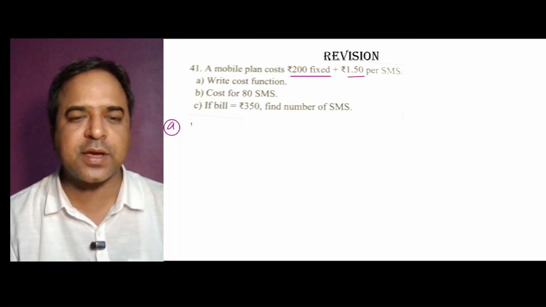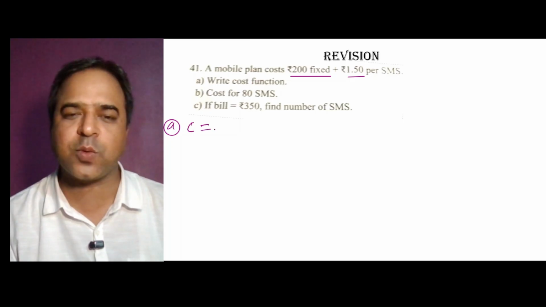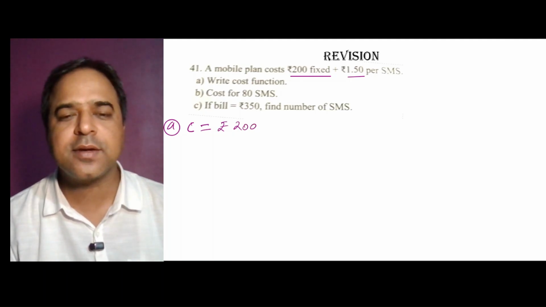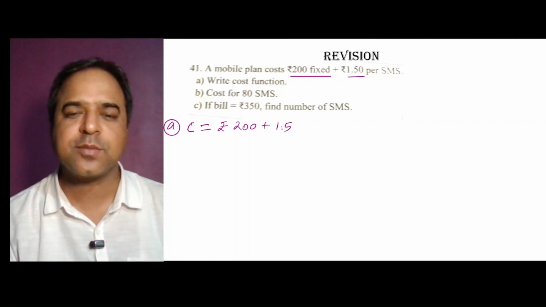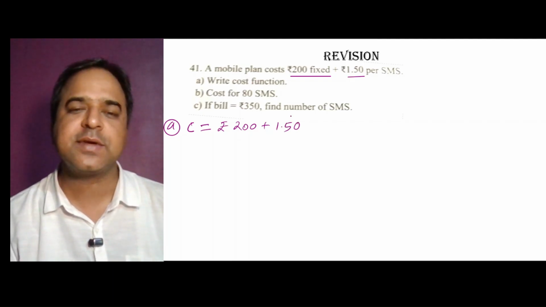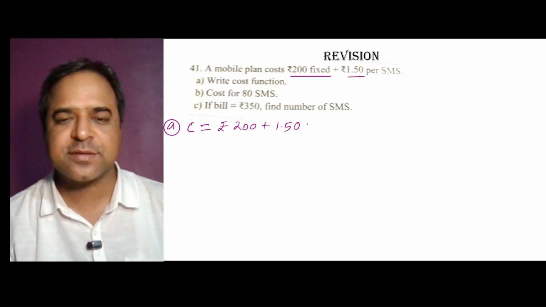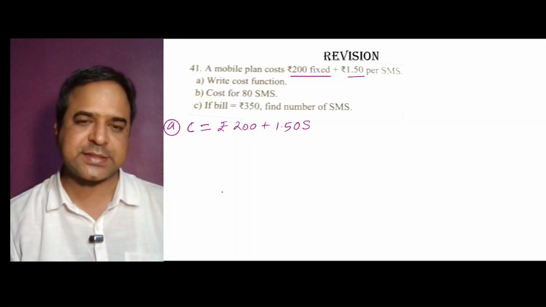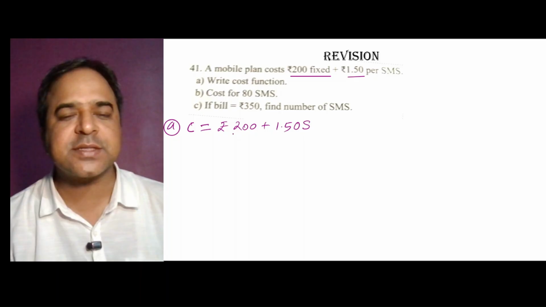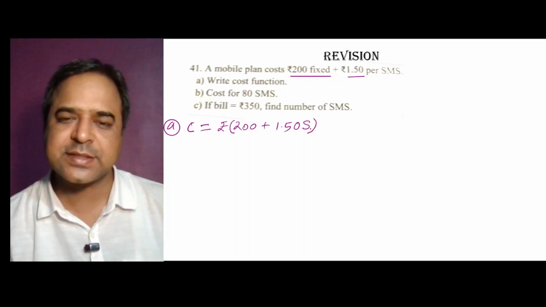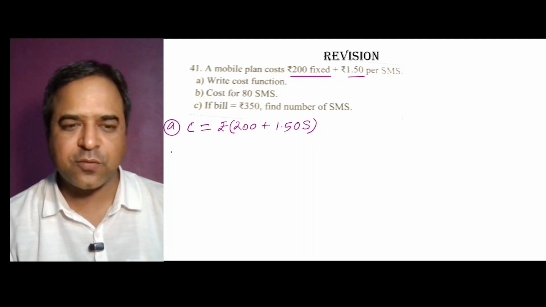So if you say cost is equal to, so you will write here rupees 200 plus 1.5 per SMS. For SMS, suppose we are putting this variable S. Okay. So your equation has become cost is equal to rupees 200 plus 1.5 S. Over here, S is nothing but SMS. Now, for cost,